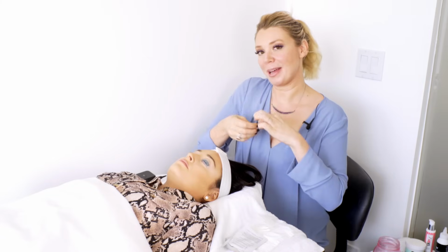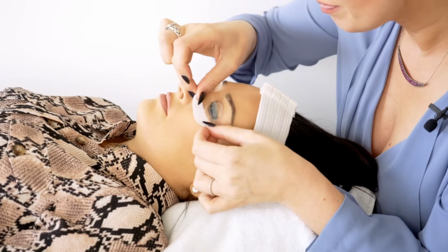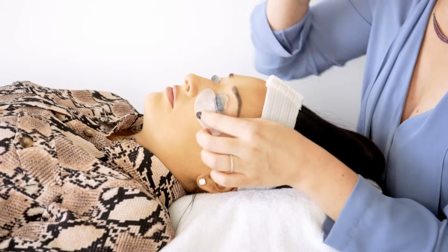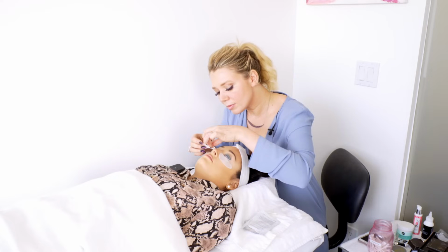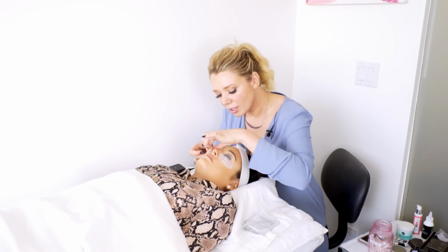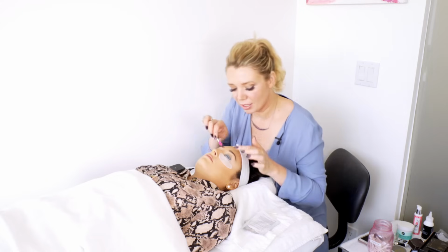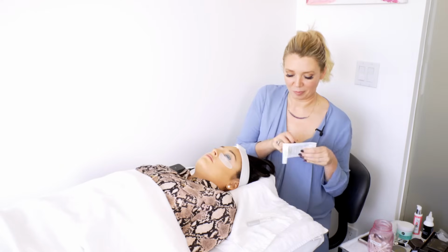So this time the gel pad's going to, instead of going on top of the lower lash, scoot underneath. And really the only purpose of it now is to give you a work surface and to make it easier to see those little fine baby lashes. Just be very careful that all of the lower lashes are exposed. You don't want them tucked underneath the gel pad or they won't get the color. So